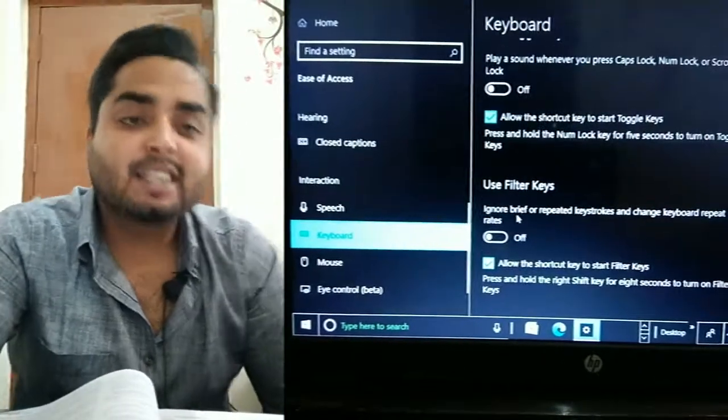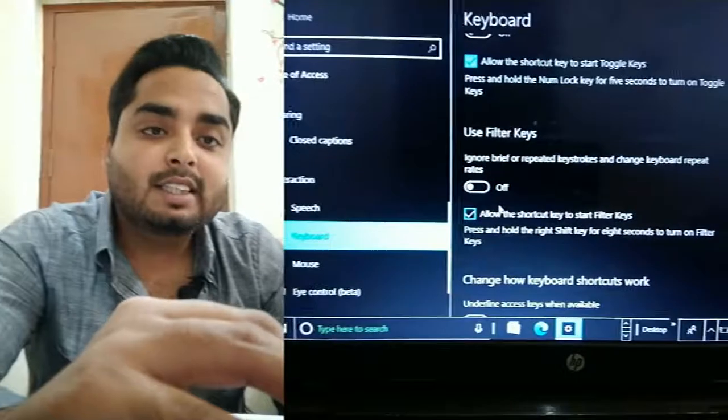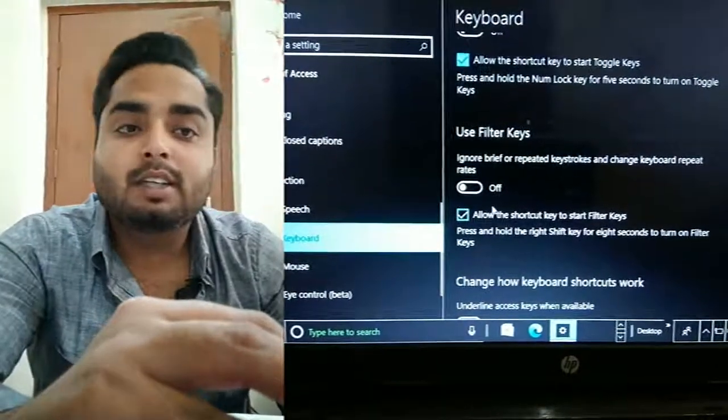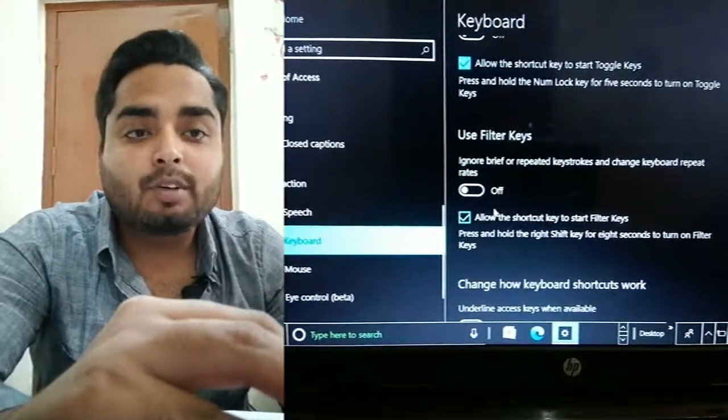The next thing is filter keys. As we can see, it ignores brief or repeated keystrokes and changes keyboard repeat rates.